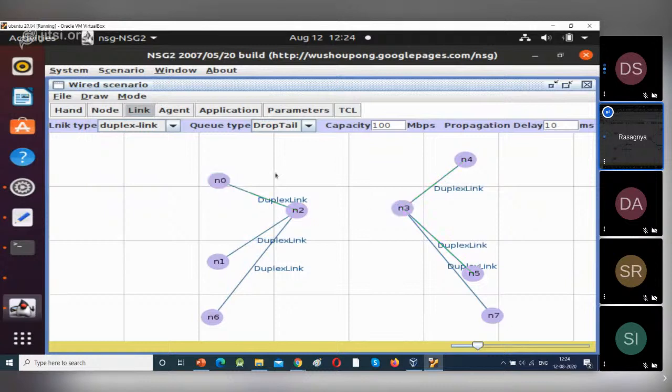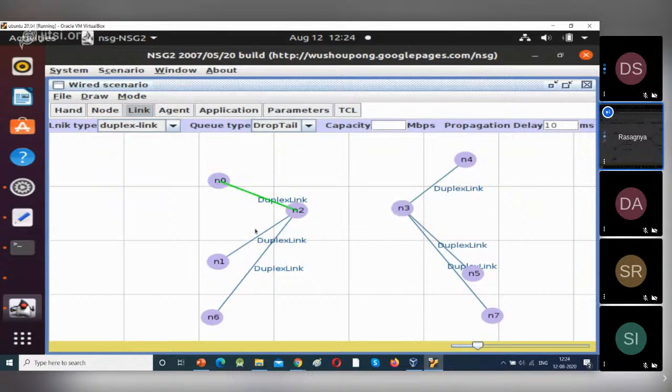Here the default capacity for these links is 100. Here it is 100 and here it is 100. To observe the packet drop, we have to change this link capacity. So we are giving more capacity here. Now we will decrease the capacity of this link. So change it to 5.